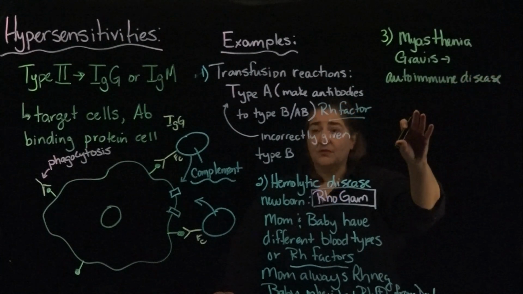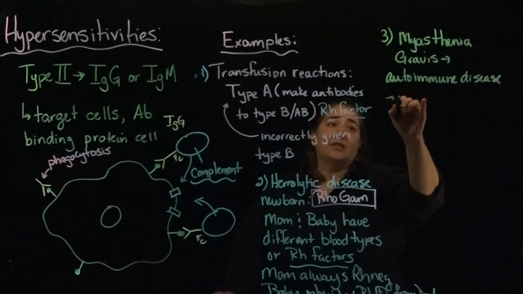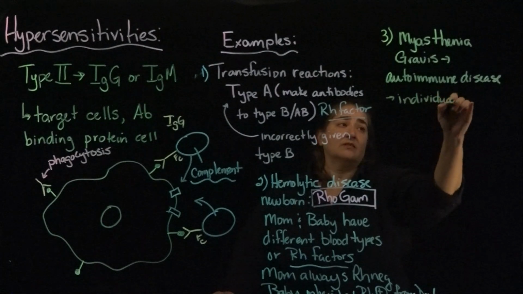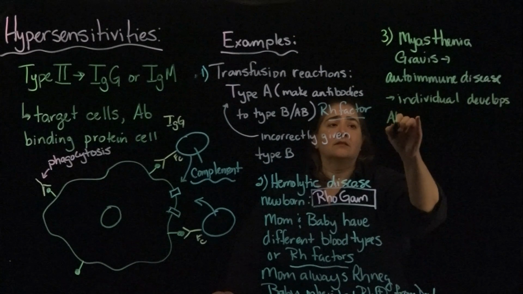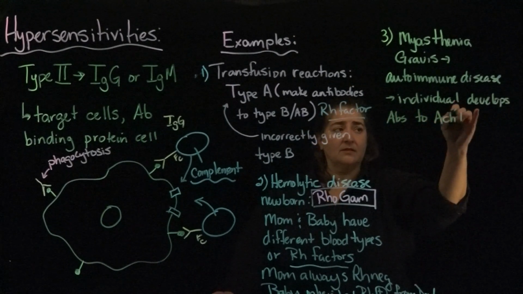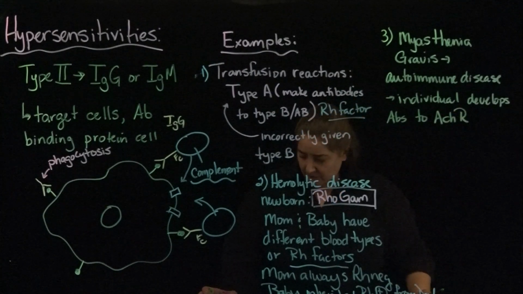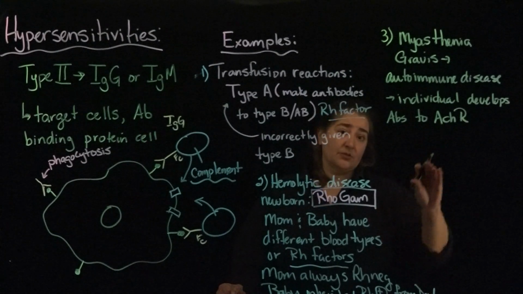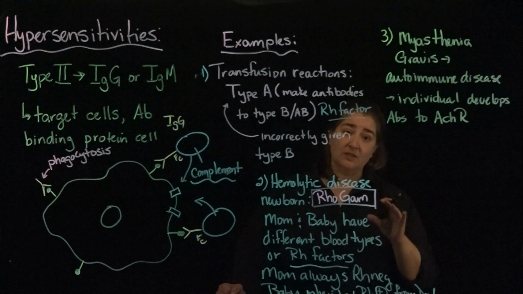And what happens with myasthenia gravis is the individual develops antibodies to the acetylcholine receptor, okay? And so acetylcholine receptors are found on the plasma membrane of muscle cells,